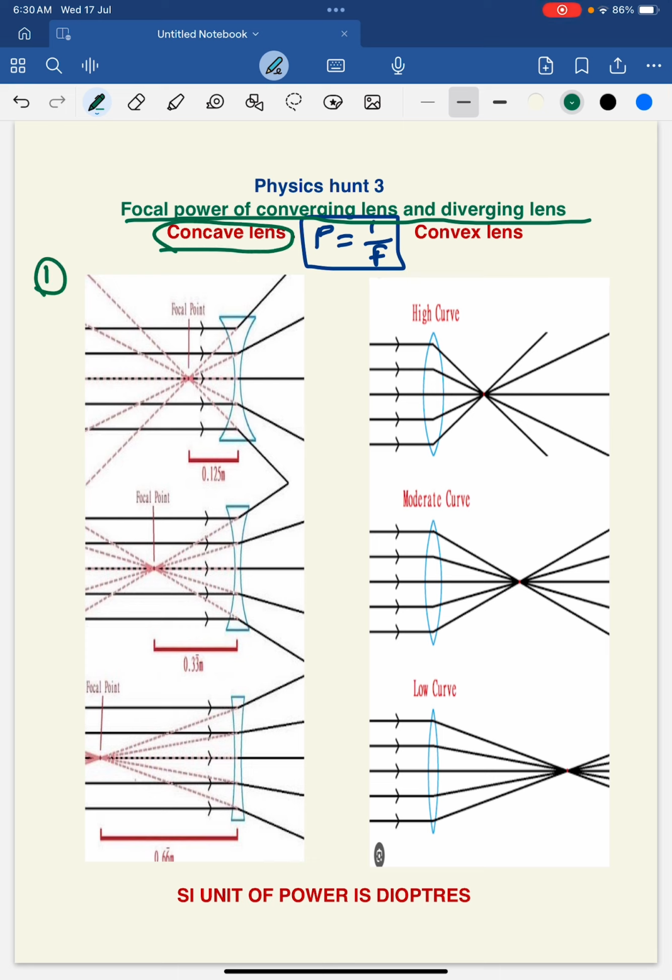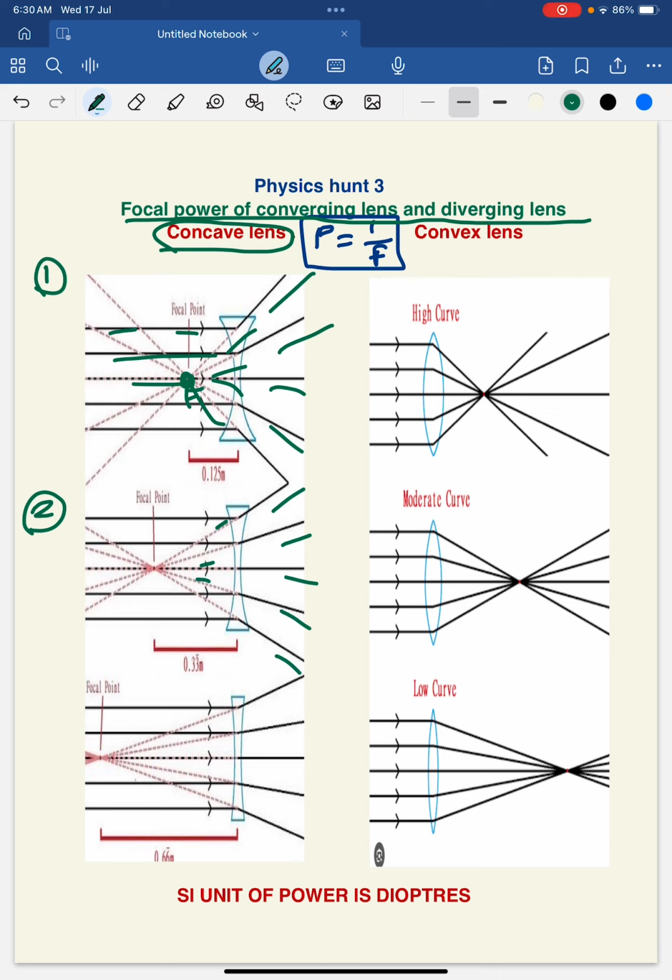And here, in the first diagram, we have a parallel beam of incident light. So these are the parallel beam of incident light, right? After the refraction, the refracted rays are diverging like this, isn't it? But if we draw imaginary lines in the backward direction, these imaginary lines coincide exactly on the principal axis at the focus. Correct or not? Similarly, in the second diagram also, after the refraction, the refracted rays are diverging like this, but